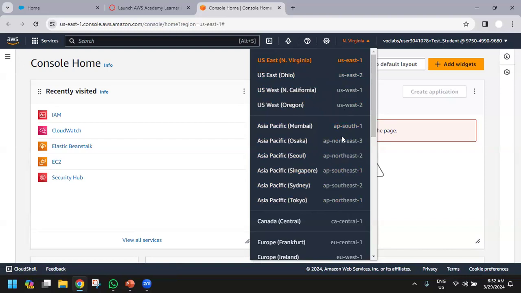There is a region, and in one region there are different availability zones. So there is a region, and then there is AZ, AZ meaning availability zone. For the US, these are the four. For Asia Pacific, these are the ones. Recently Mumbai has been added as one of the AZ. Now they have set up AWS here also.